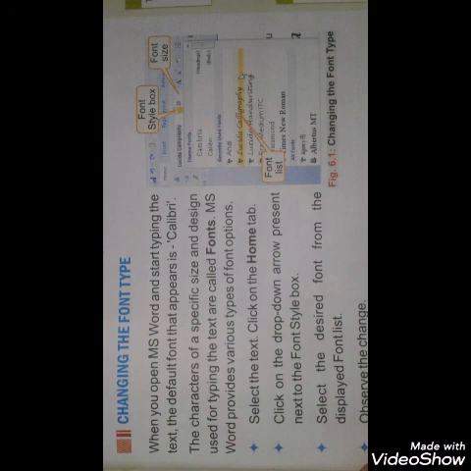Students, whenever you move your mouse pointer over it, the style of the selected text will be changed. So you can observe the change, students, and you can select any one of the font styles which you like. So students, in this manner we can change the style of font.